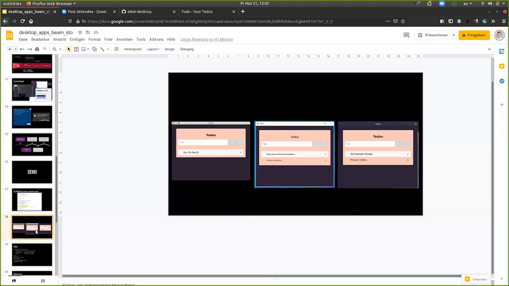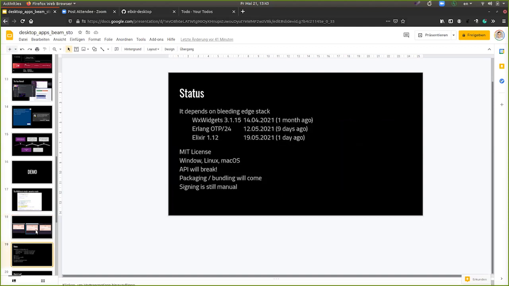We looked at that. Again, this works on all the platforms, of course, but it's quite tedious right now to build it everywhere just because this is so fresh. Unfortunately, if you check out the package managers now, you will not have those most recent versions yet. To get all of this working, you need a really recent version of wxWidgets, which is 3.1.15. It has fixed a lot of things for macOS, and it actually looks really good now on macOS. If you use the older version, it doesn't look so good, but it's just one month old, so you don't get it from Brew by default. You have to fetch a special branch.